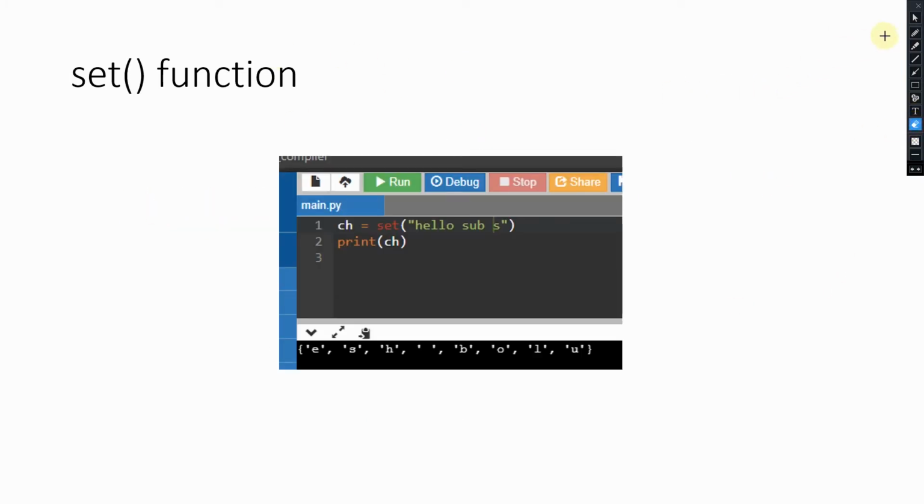If you see here, two L's are there, but after printing out we can see only one L. And I have put two spaces, but only one space is there, stored in the variable ch, which is a set data type.